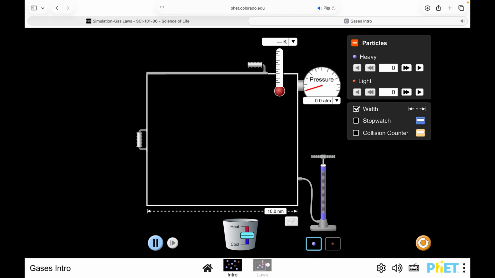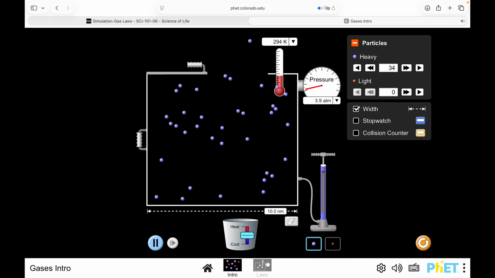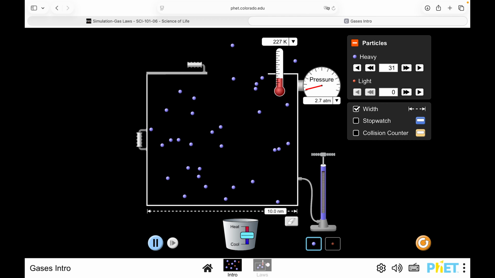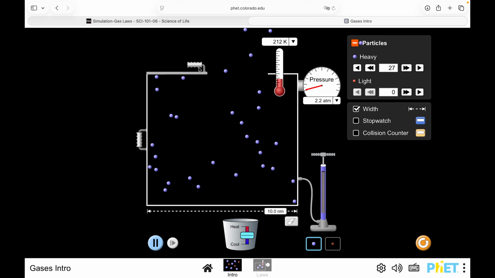container to 10.0 nanometers. Pump the gas particles into the container by left-clicking and dragging the pump handle up and down. Observe how the pressure of the gas changes as more gas particles enter the container. Record your observations. Partially open the door of the container at the top by holding and dragging the door handle to the left. Let the gas particles escape through the opening. Record your observations on how the pressure changes as gas particles escape the container.